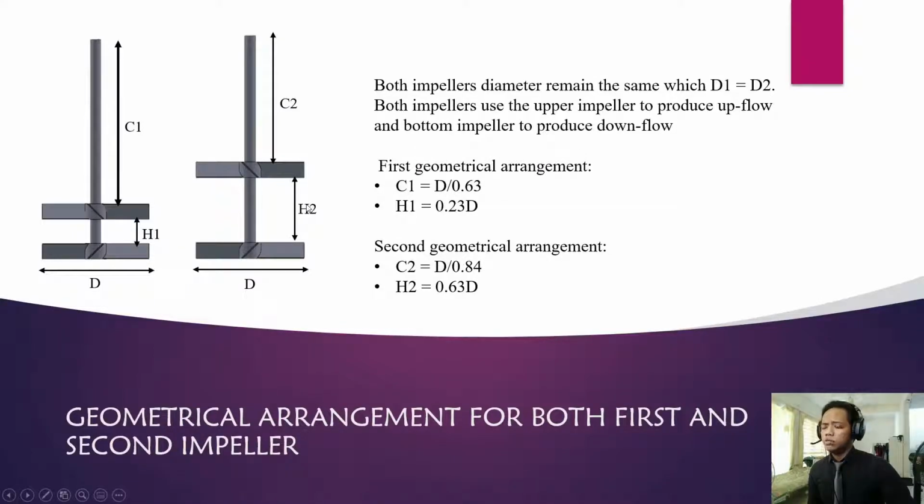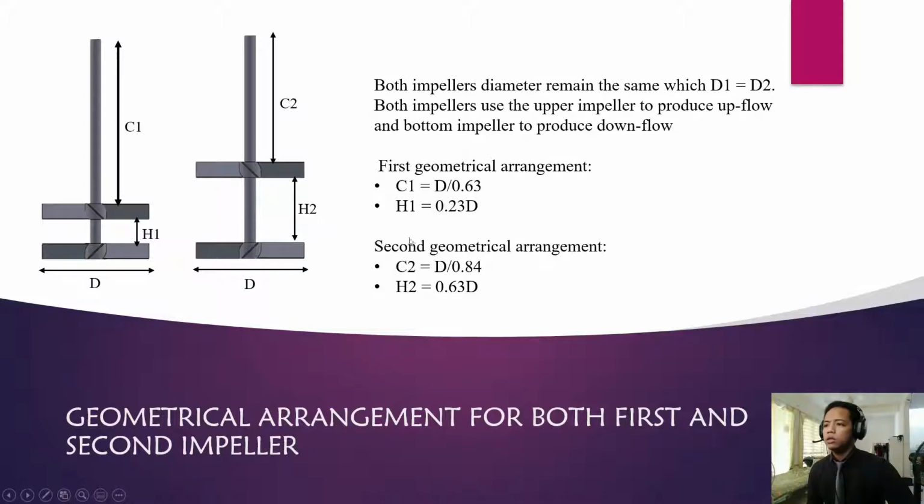Next is the geometrical arrangement for both the first and second impeller. It is to be noted that both impellers have the same diameter, and both use the upper impeller to produce upflow and the bottom impeller to produce downflow. In the first geometrical arrangement, the distance between the impellers is 0.23 the diameter of the impeller, and the distance between the upper impeller and the tank is the diameter divided by